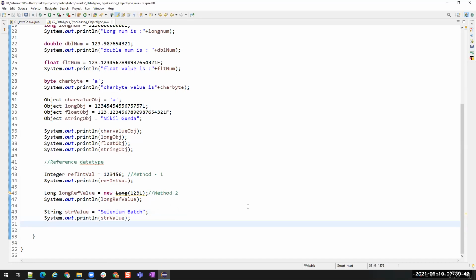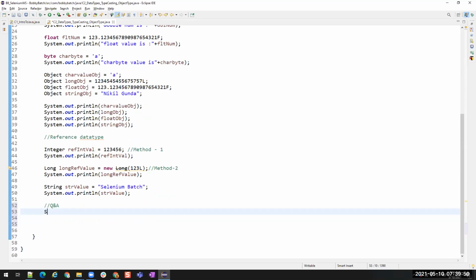Okay. All right. Now tell me. Suppose string, okay, str number is equals to. Can I store like this? What will happen? Will it be treated as a number or a string? String.